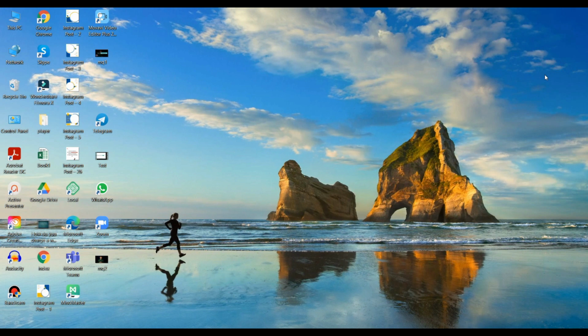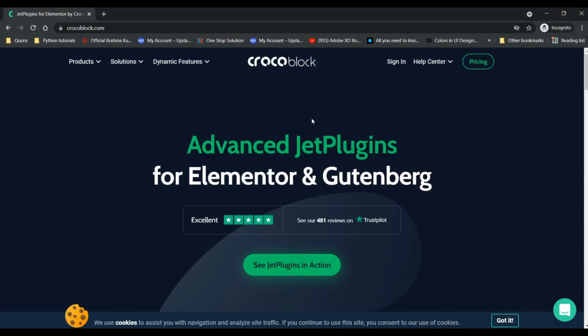In the first part of the video, we will discuss what the necessary themes and plugins are which we are going to use to add custom field types. So we are going with a plugin called CrocoBlock. It is a very dynamic functionality plugin which helps you take your Elementor website to the next level. When you install Elementor in your WordPress website, I strongly recommend you download this plugin, because it offers very high-end features where you don't need to go for Elementor Pro.